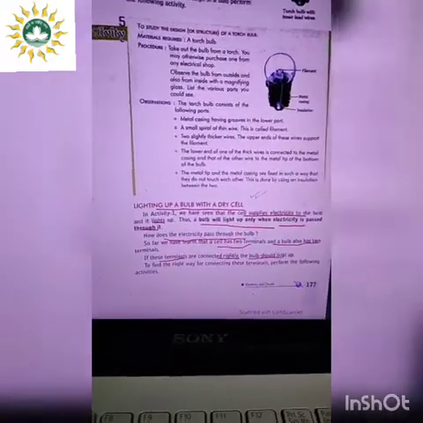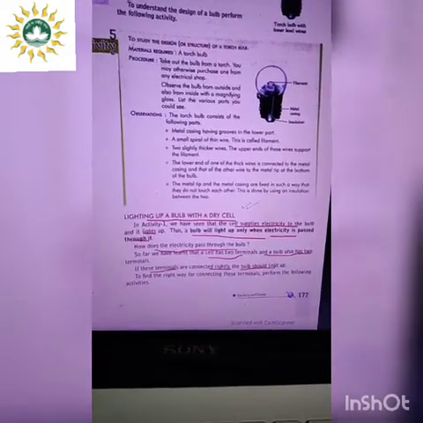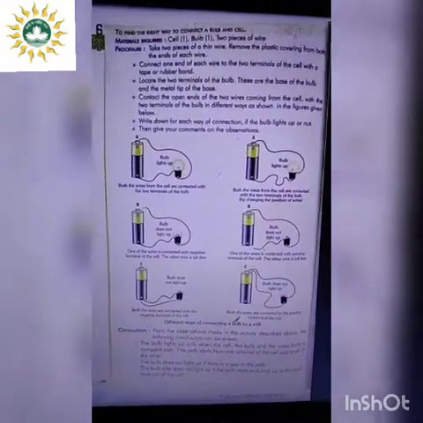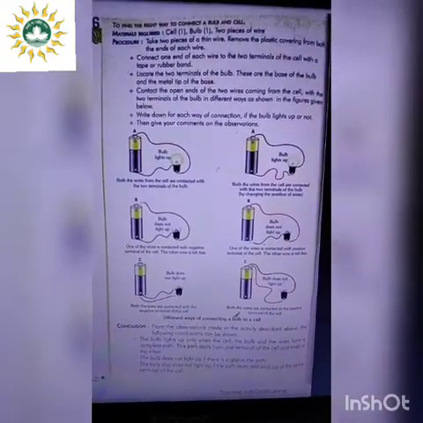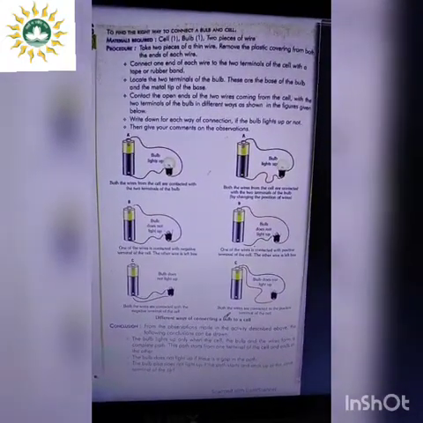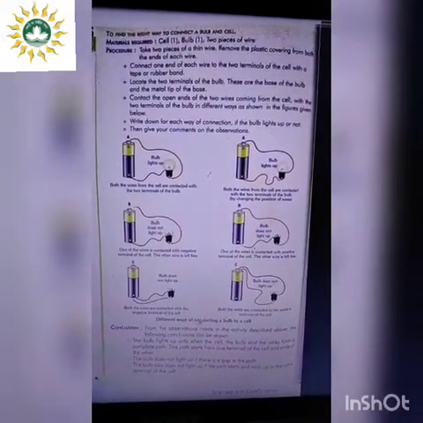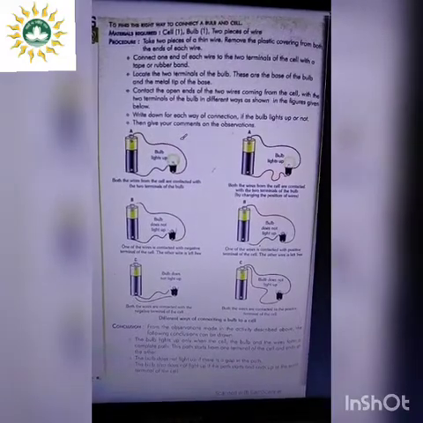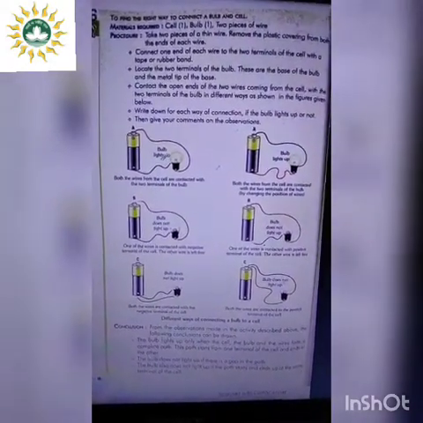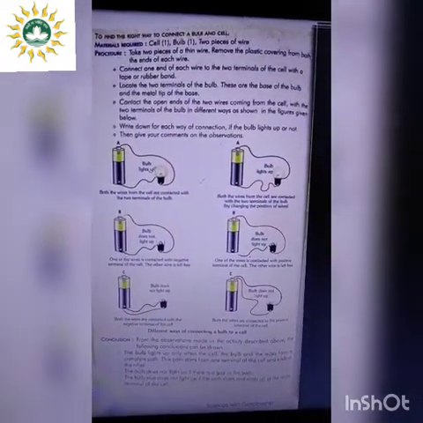So we will again see an activity and find out what is the right way for connecting these terminals. I will shorten this activity process. The things which we have taken for this activity are the bulb, the cell, and two different pieces of wire, that is, the colors are different. This one is a red colored wire, and this is the black or blue colored wire. So these two wires are taken.